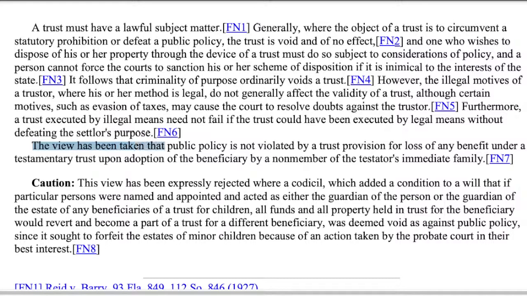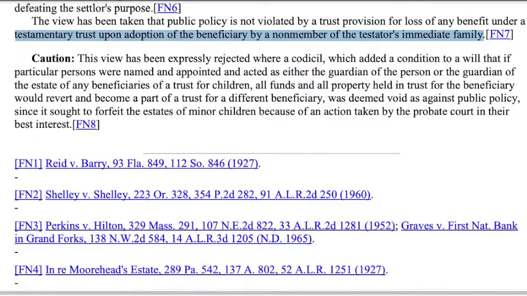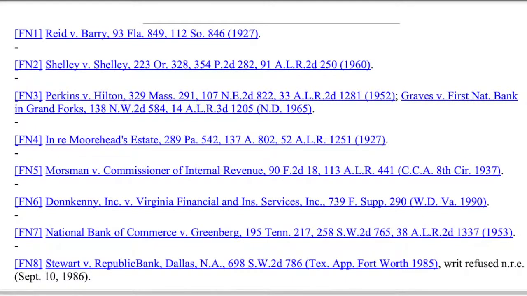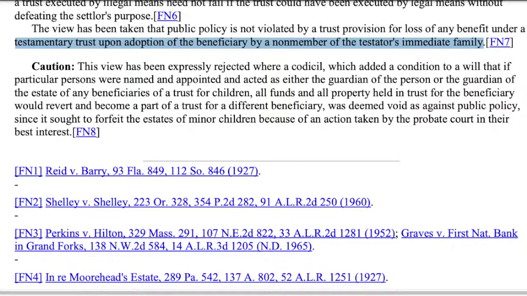The view has been taken that public policy is not violated by a trust provision for loss of any benefit under a testamentary trust upon adoption of the beneficiary by a non-member of the testator's immediate family. Okay, well, that's footnote 7. National Bank of Commerce versus Greenberg in Tennessee, 1953. So that's probably a good case to read, 1953. Okay, so caution. Remember, we're reading American jurisprudence, and part of being prudent is to understand the cautions and the threats. This view has been expressly rejected where,